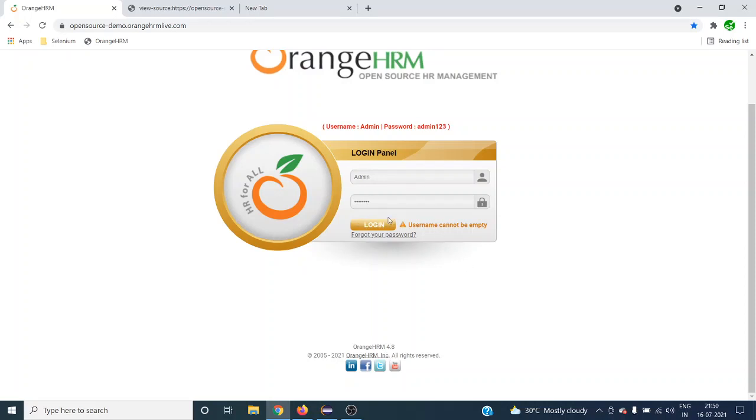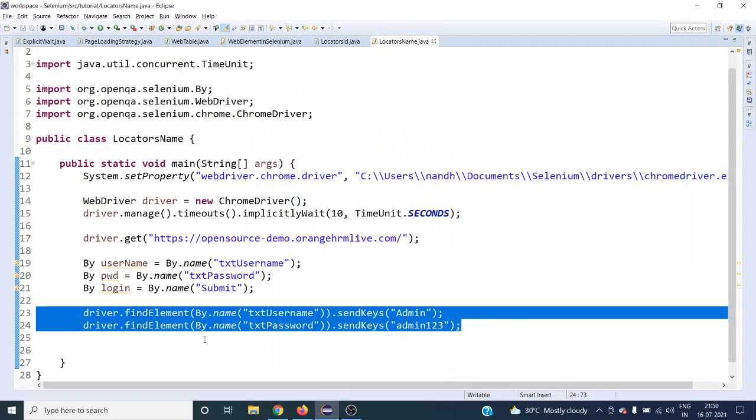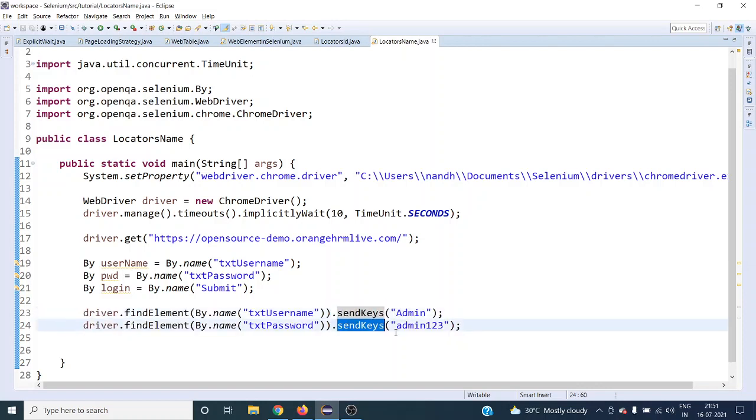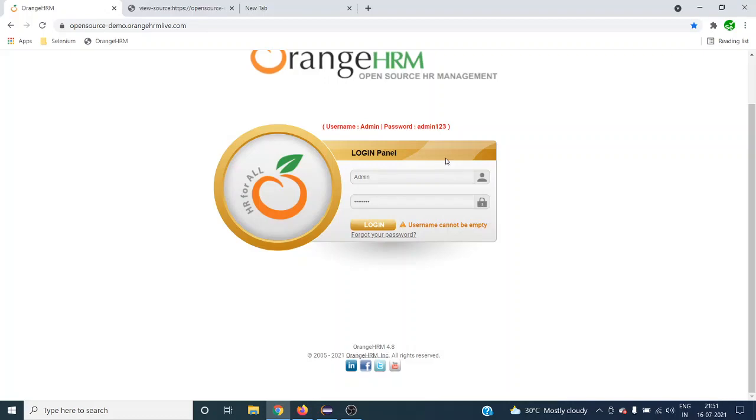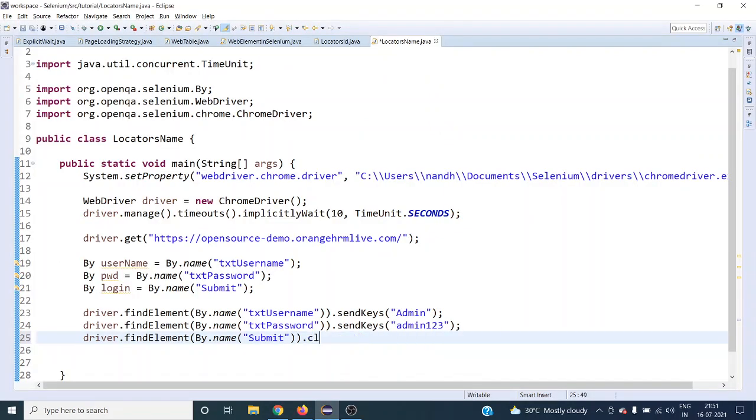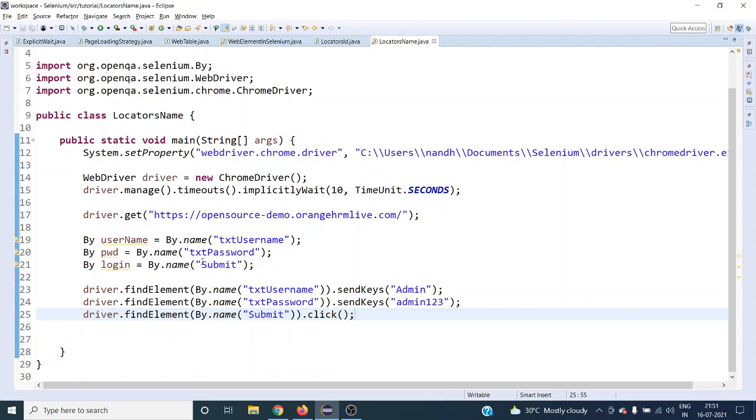So we have to click on this login button, right? So here for two different elements we have done typing, we have used sendKeys. Right? Let's take that, copy this and paste it here, and we have to give this button submit. But we are not going to use the sendKeys method over here. What the user is going to do is click on this button, right? So we have to perform a click operation. Selenium provides the click method directly, you can use it. That's all. So this is what we have to do.